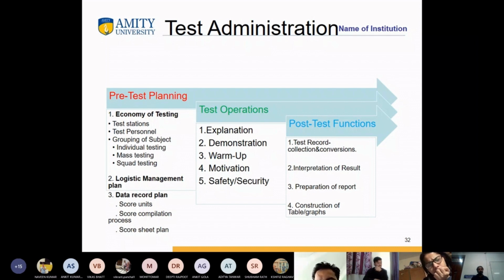But when it came to post-test functions, this is where the majority of the students had problems, because test recording and collection processes had not been defined. Scores had not been converted as per the requirement and need. Results had not been interpreted. The report had not been prepared. The reports had not been presented in tables and graphs. Now the question is, what happens with that?